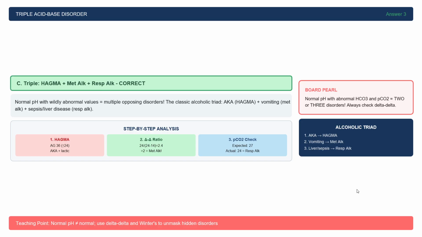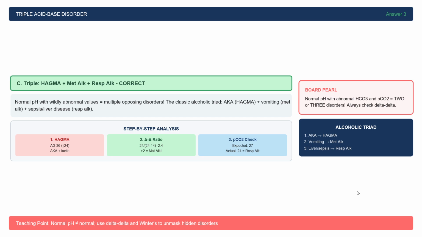Third, I use Winter's formula to see what the lungs should be doing if this were only a metabolic acidosis. The expected CO2 is roughly 27, but the actual CO2 is 24, which is lower than expected. So there is also a superimposed respiratory alkalosis, often from sepsis or liver disease in this kind of patient. So this is the classic alcoholic triad: alcoholic ketoacidosis causing high anion gap acidosis, vomiting causing metabolic alkalosis, and sepsis or liver disease